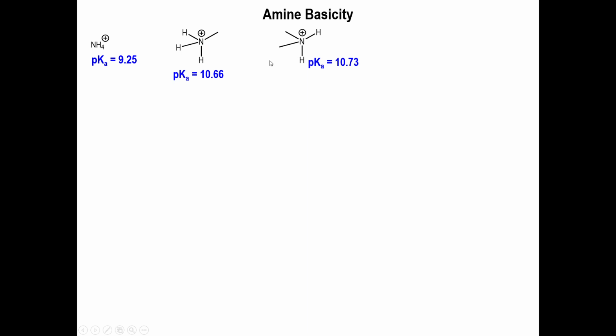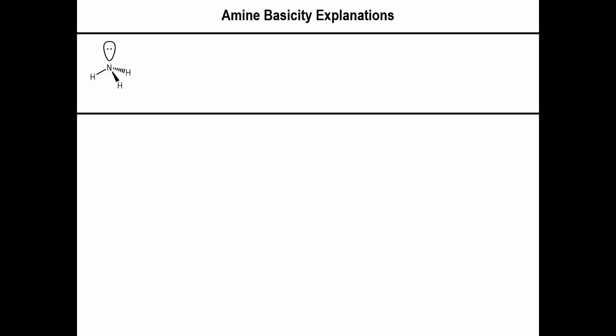If you follow the trends just a little bit further, so replace a second proton with methyl, you see further increase of the pKa, meaning that you are increasing the basicity of the conjugate base of these ammonium cations. The reason why that's happening is because in the case of ammonia, the conjugate base of ammonium, all you have is hydrogens bound to nitrogen. And yes, you do have the lone pair, which is what makes this thing partly basic, but you don't have any additional contributions to the electron density around that nitrogen, at least not in ammonia. So what we would say is that there's no hyperconjugation going on here, and I'm going to show you